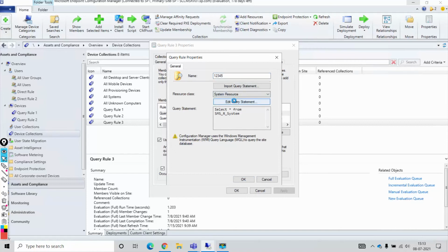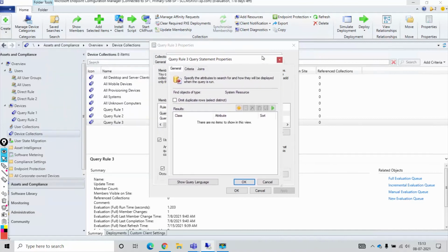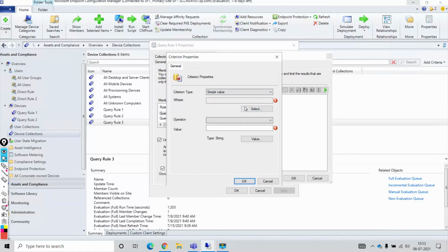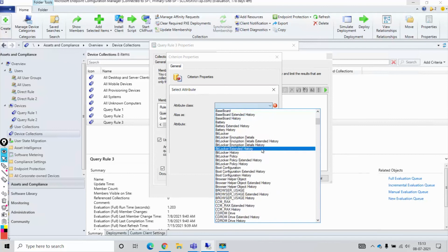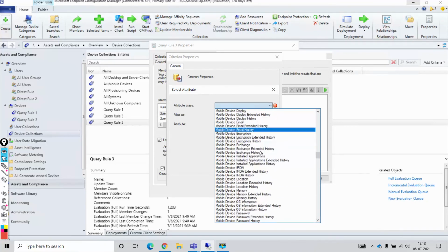Here we have so many attributes, so whatever your requirement, you can select the respective attribute class and define an attribute. For example, if I come to criteria again, browse, and go to the where clause, you can see we have so many attribute classes. Whatever attribute class you want, you can select from these.